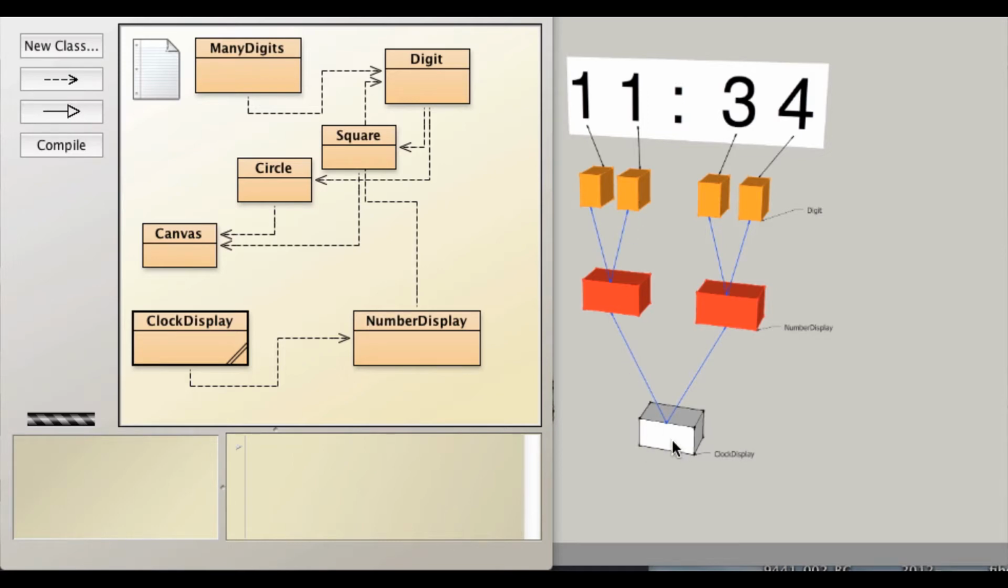So when you make a new clock display, it creates these two guys, and these two guys create these four guys, right? And each of these creates 10 square objects. So a lot going on when you make the clock display. So clock display is keeping track of the time, and when a minute is passed,